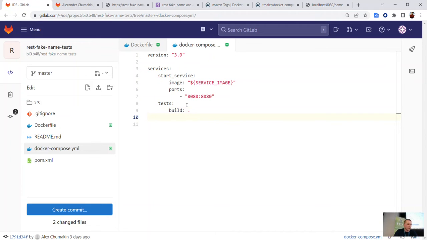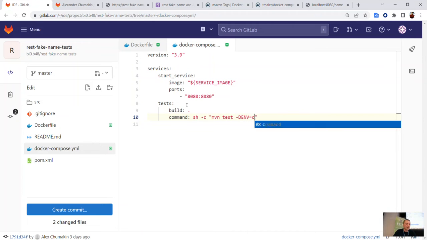For command, I want to run tests. It's quite obvious. So I need to send a command inside the Docker container. For this, I can use bash or shell. I will use shell in this case. sh -c means the argument that I want to send inside the shell. So we'll run a shell terminal with the command mvn test -Denv=compose, not docker, but compose,